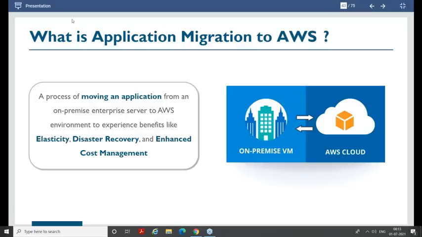All the strategies we talked about so far are for your infra, not for your application.